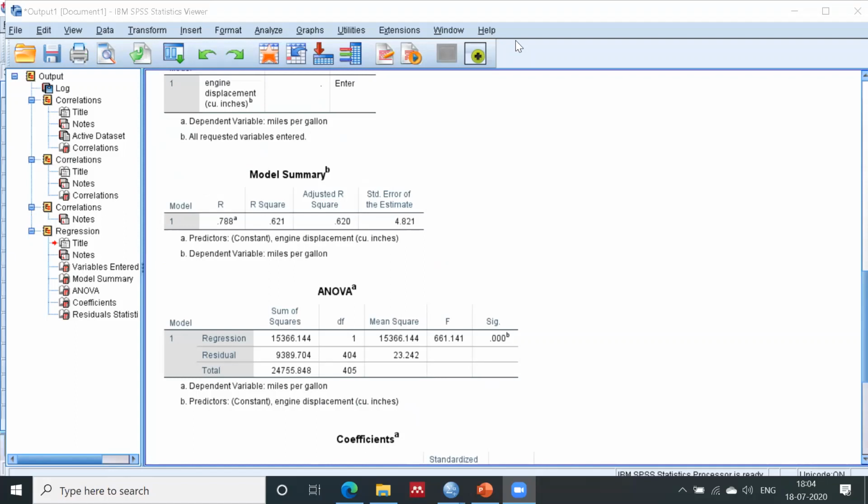What is the difference between R square and adjusted R square? You see, adjusted R square is your correct value. Mostly researchers take the adjusted R square to interpret or to generalize the result, because adjusted R square is free from the error term, not the exact error term. What I can say, adjusted R square is the modified version of R square. You can simply understand, right? If you want to predict the next value, always take the adjusted R square.